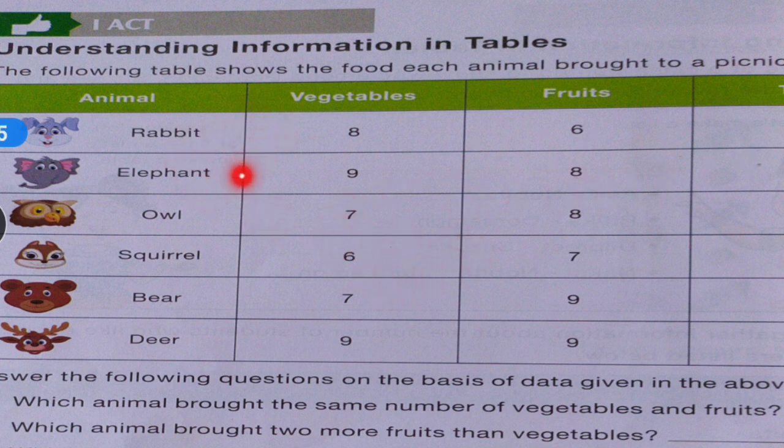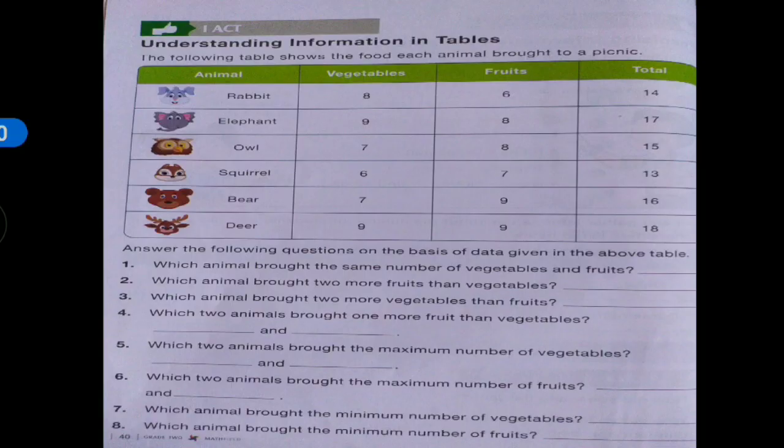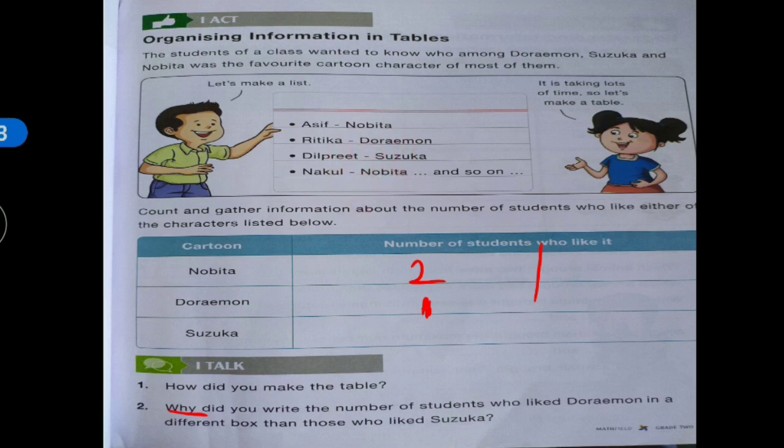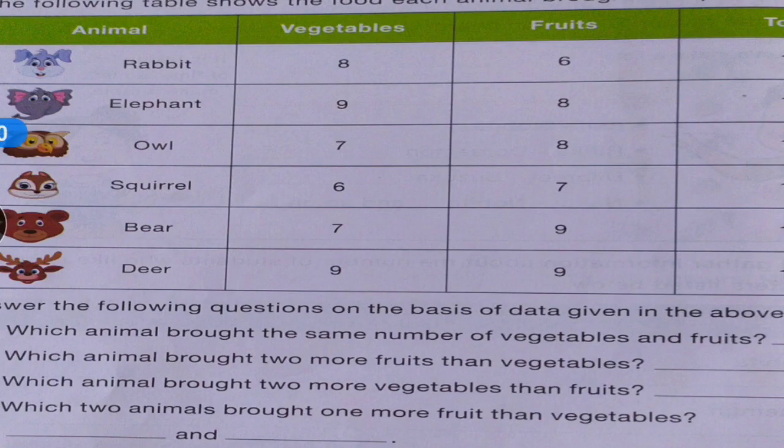Okay, if this table is not arranged in this form, if the data is given in the list format like we have seen here, then this list becomes long and lengthy. There are more than 100 entries in total. For example, if the rabbit brought 8 vegetables, then for each vegetable name, for example lady's finger, tomato, potato, you have to write down the rabbit's name in front of it. Potato, who brought? Rabbit. Lady's finger, who brought? Rabbit. Like this you have to write a long list. It takes too much time.